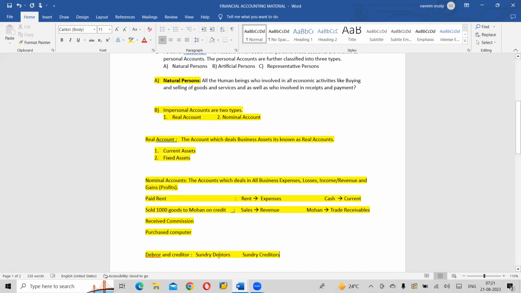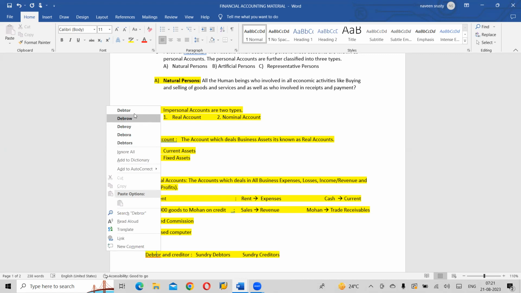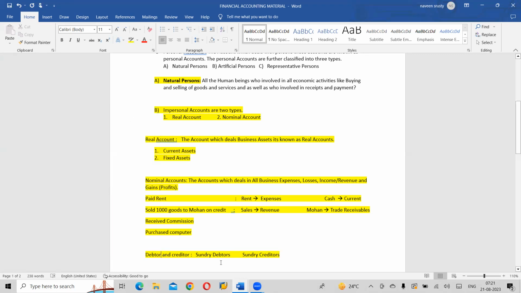Here I know the meaning of debtor, I know the meaning of creditors. What is this sundry? Which has to be cleared within one year of time. I know, that's what I'm saying. Someone who needs to pay us within a year, we consider a debtor. And a creditor is one from whom we have taken credit and need to repay within a year. I know these two terms, but what is sundry debtor? What do you mean by sundry?